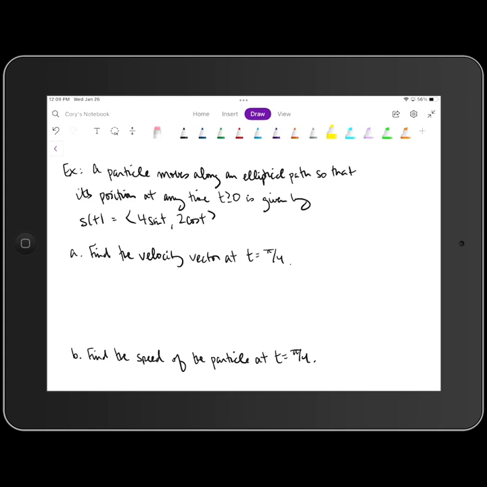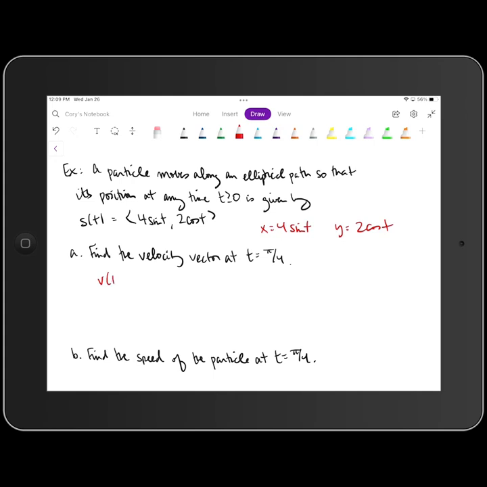Now, we can take this position, which is written as a vector, and also write it as a set of parametric equations where x is equal to 4 times the sine of t and y is equal to 2 times the cosine of t. That set of parametric equations and that vector both represent the same thing: the position of a particle at any time t. So if we want to find the velocity vector,